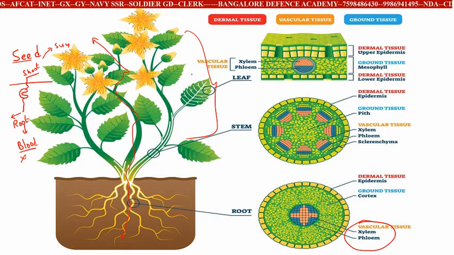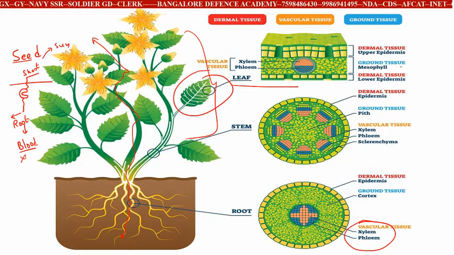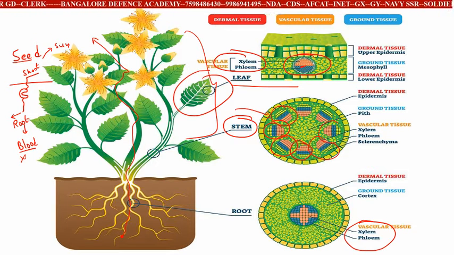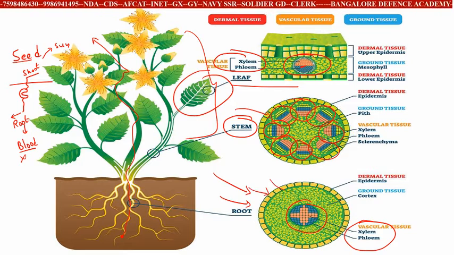Now here is a diagram of the leaf, which shows the different layers of the leaf. On this leaf you have a complex tissue called xylem and phloem. Look at how the xylem and phloem are arranged in the leaf, in a bilateral way. In the stem, you can see how the vascular bundles are, and how the xylem and phloem have been arranged in a beautiful manner. Next, the same xylem and phloem in the roots are arranged in this way. So this is what a plant is all about.